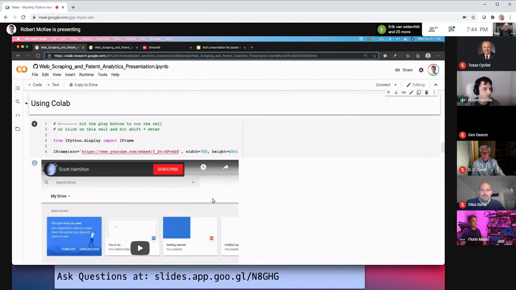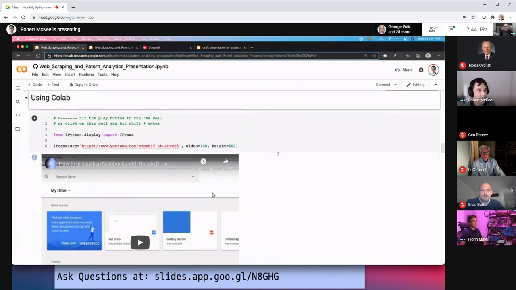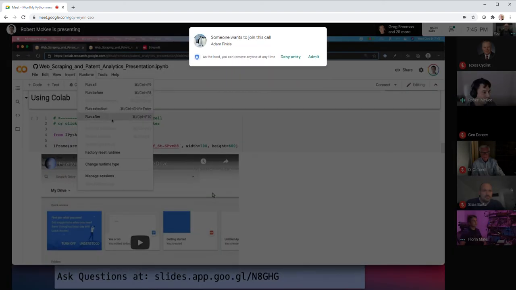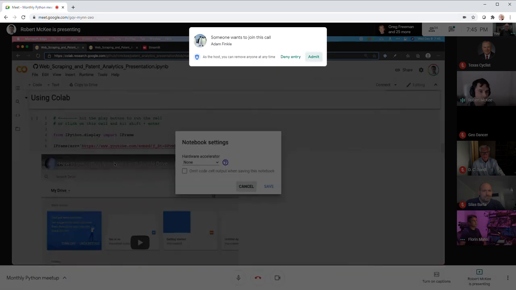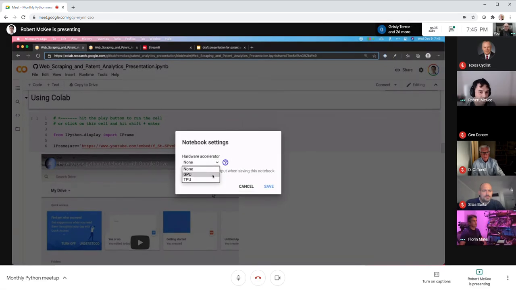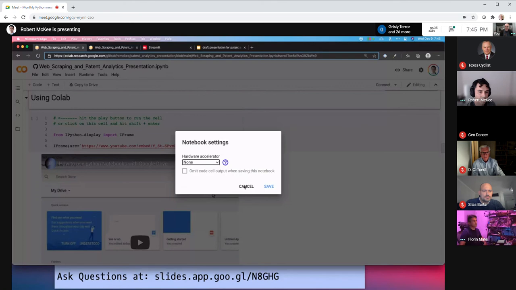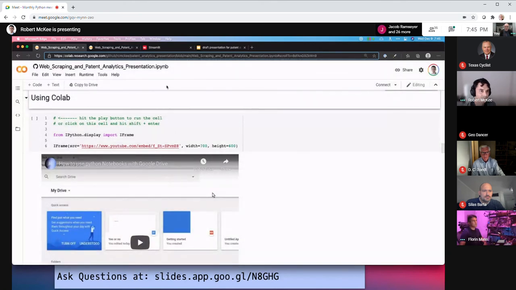Yes, it's a Jupyter notebook with a Google Colab backend, and so you can share it with other people. They can work on it, and if you have Google Drive, you have access to it. And if you need a GPU, you can just go in there, change the runtime type, and pick GPU or TPU. Cool. So it makes machine learning really accessible for everybody. Yeah, that's very convenient.